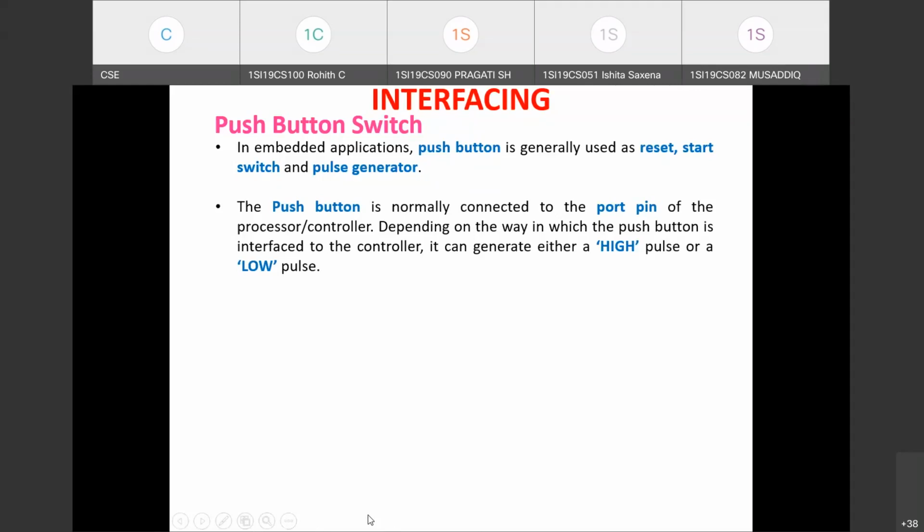So what we have seen is what a push button is, it's an input device, and we have also seen the configurations in which push button switch comes in, and the applications of push button switch. Here we are trying to discuss how to generate a high pulse or a low pulse using push button switch. Okay, so that's what we are discussing with this diagram.